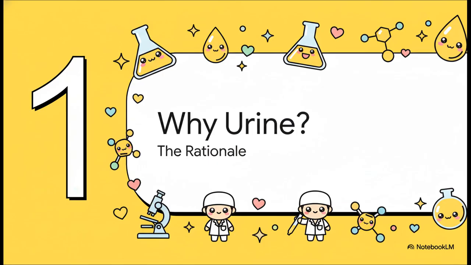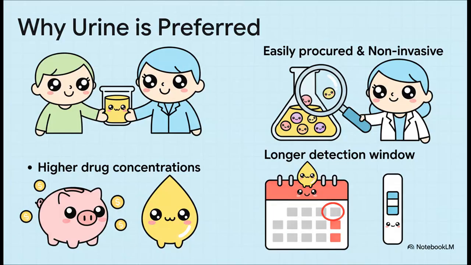Okay, part 1, why do we use urine? Before we even get into the how of doing the test, we really have to understand the why behind it. So why is urine the gold standard for drug screening? Well, sure, it's easy to collect and it's non-invasive, which is great. But from our perspective in the lab, it's the next 2 points that are absolutely crucial. First, drug concentrations are way higher in urine than they are in blood. This makes our job of detecting them much, much easier. And second, there's the detection window. Drugs and their metabolites can hang around in urine for days, sometimes even weeks. This gives us a much bigger picture of a person's recent usage history, not just what was in their system